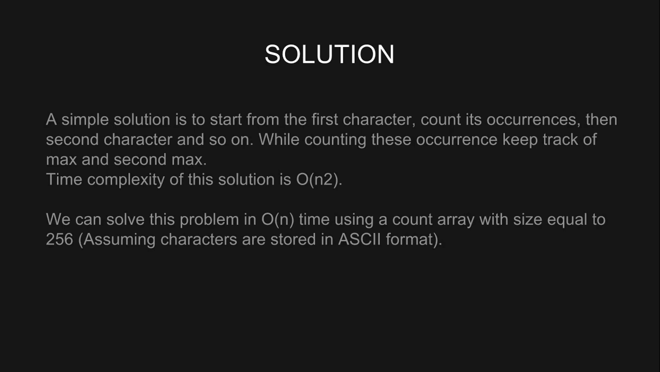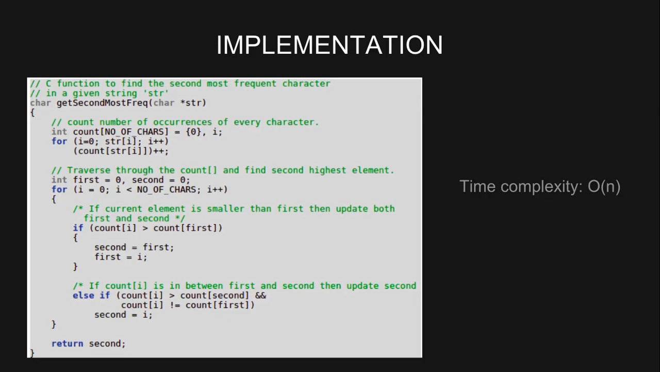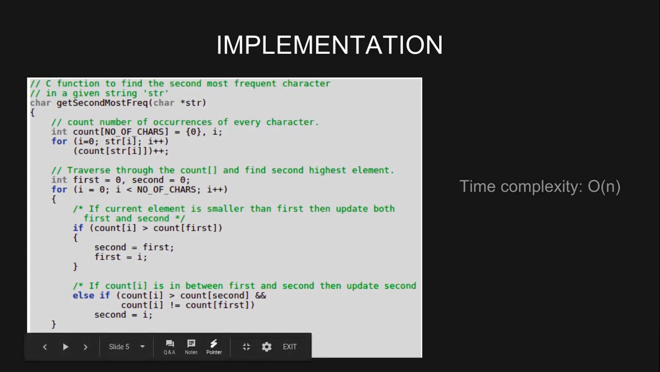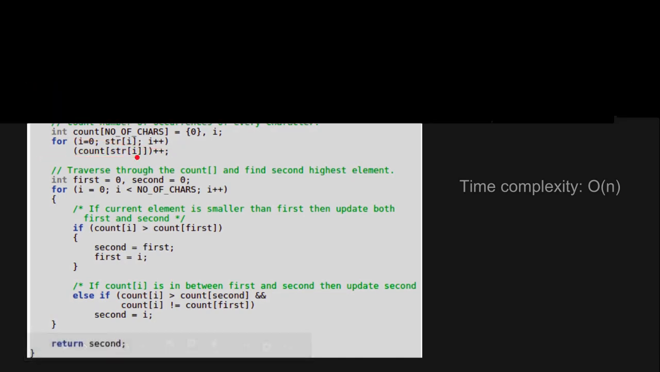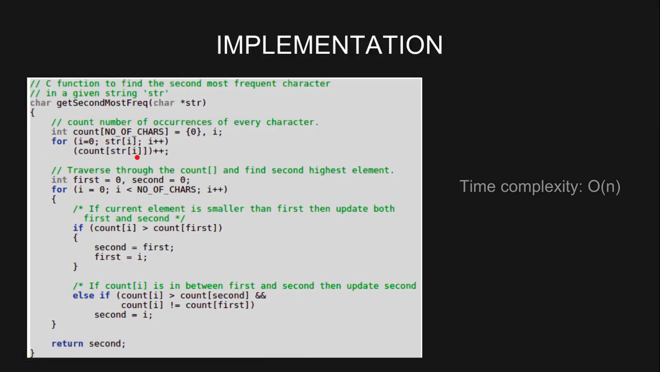We will create a count array with size equal to 256, assuming that the characters are stored in ASCII format. Let's have a look at the implementation. First, we create a count array with size equal to 256. This array keeps the count of individual characters, and we initialize the array as 0. Then, we traverse through the input string and